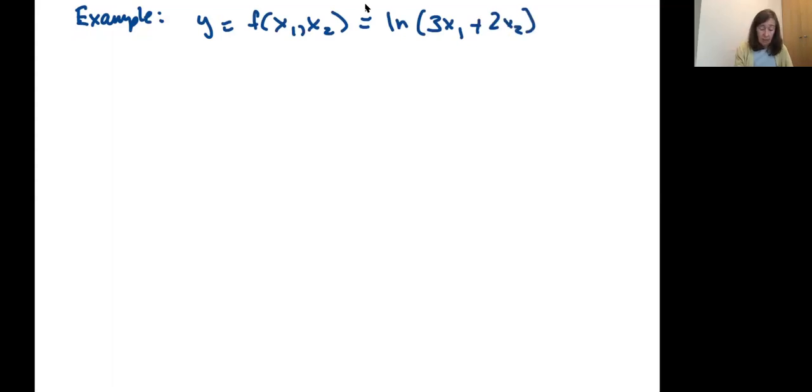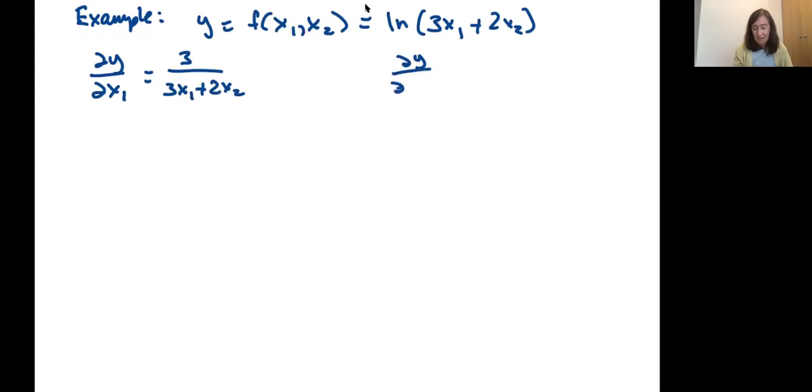And in the last video, just reminding you of what we found, del y del x1 is 3 over 3x1 plus 2x2, and the first derivative with respect to x2, okay, first partial second variable, is the derivative of the log, 1 over the thing times the derivative of the thing, which is 2 with respect to x2. Okay,